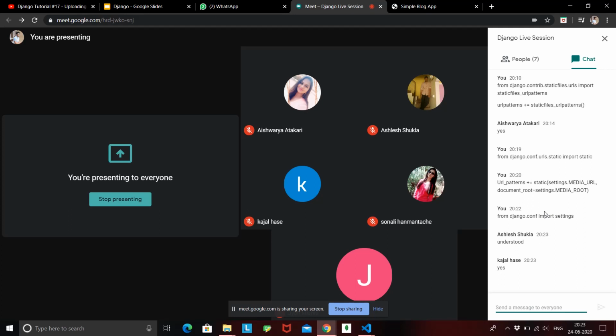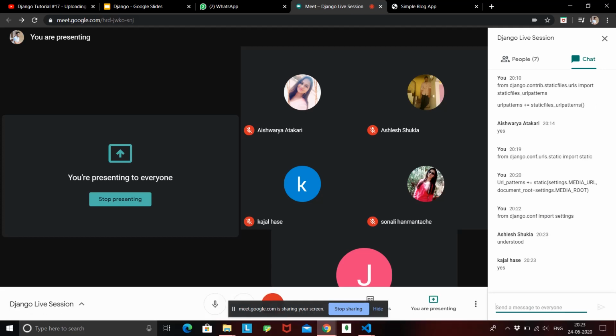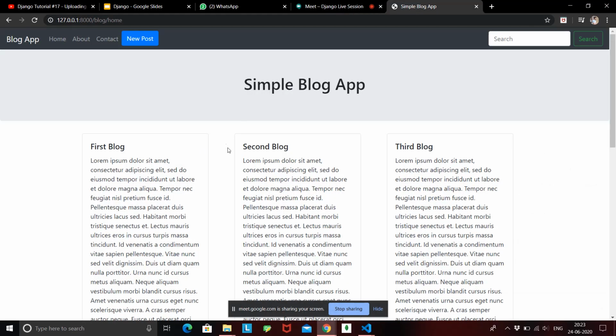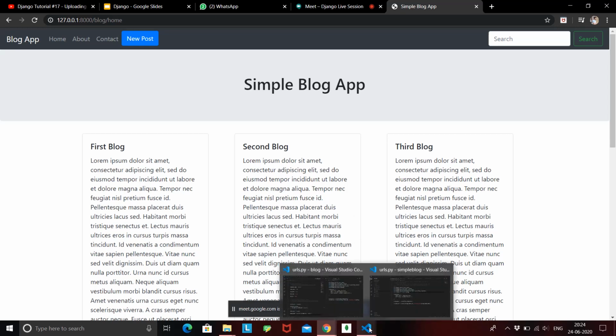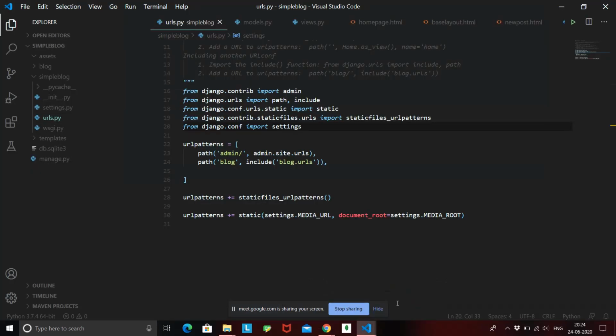Okay, so now once this setting is done, let's try to see some static files, and let's try to upload some media files to our website. Currently this is what our website looks like. So let's try to include an external CSS file that will change, let's say, the background color of this website. We'll only be using Bootstrap for designing purposes, but let's see how static files are included in our folder. We have already created this asset folder.